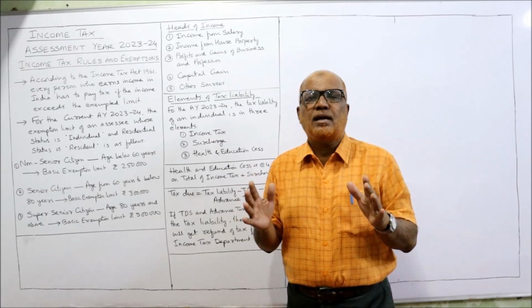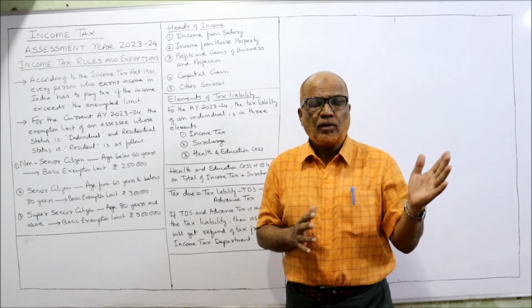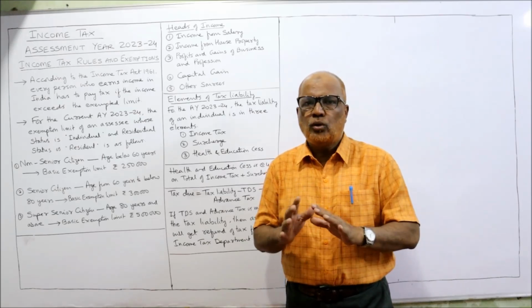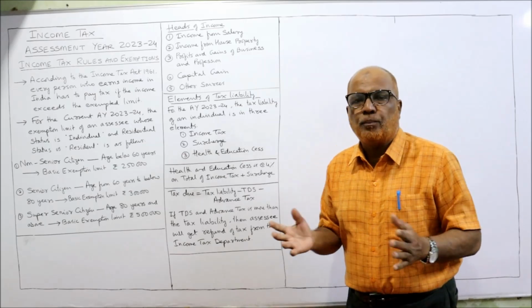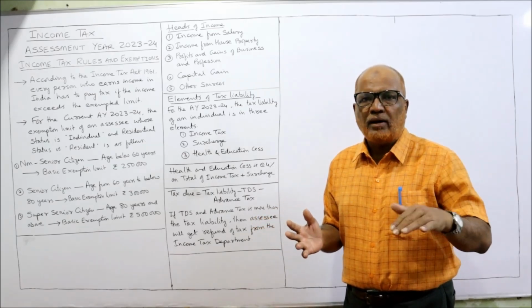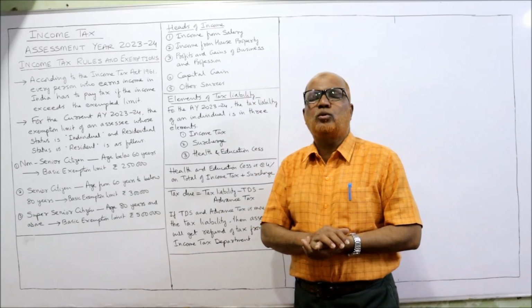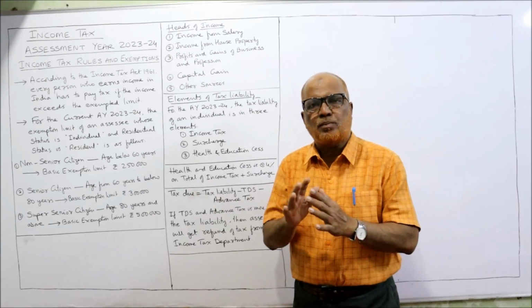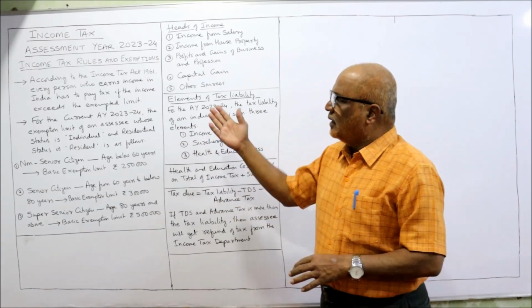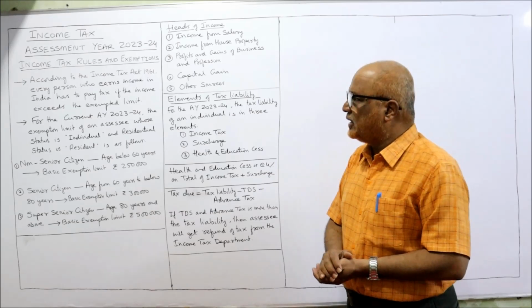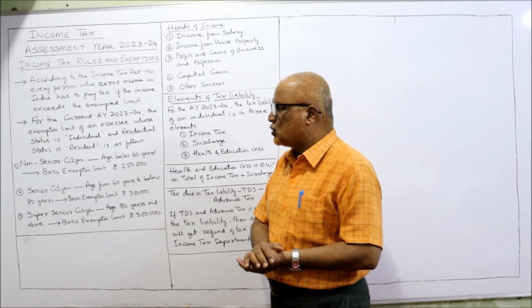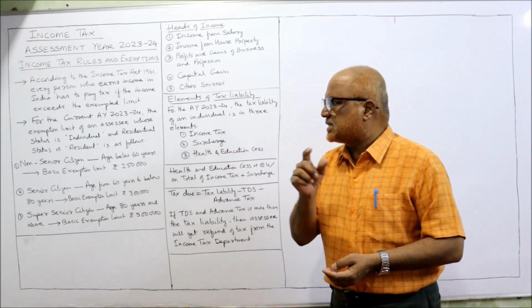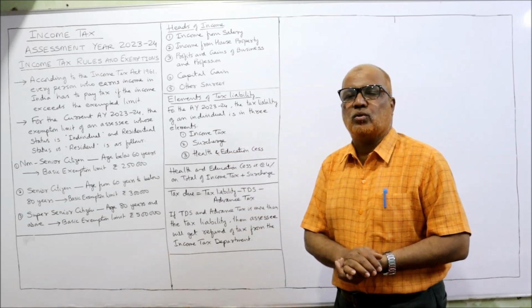These provisions are same for the last year 22-23 and 23-24. No changes. Next year onwards it may change, but this year the provisions are same. So while watching the video, if on the board it is written 22-23, just ignore it because the provisions are same. Then for the current assessment year 23-24, the exemption limit of an assessee whose status is individual and residential status is resident is as follows.